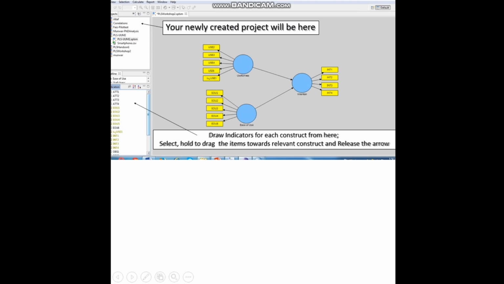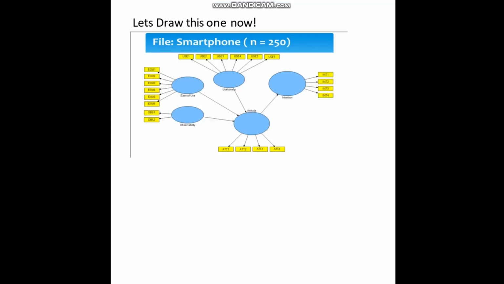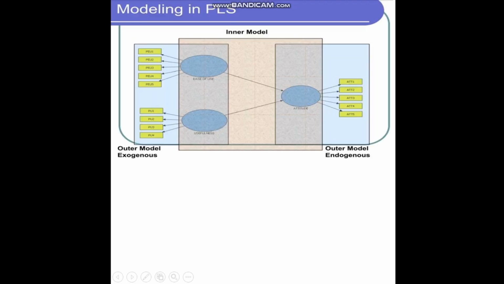First of all, you have to drag the particular named constructs into a particular latent variable. Let's draw this one now. File smartphone, sample size is 250, and here are the items of each particular variable.